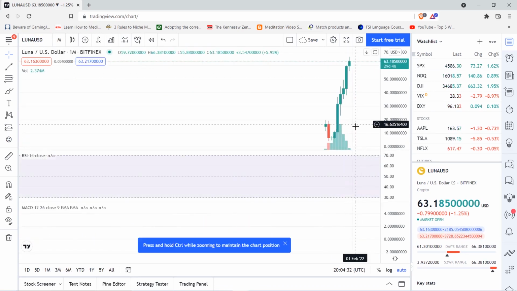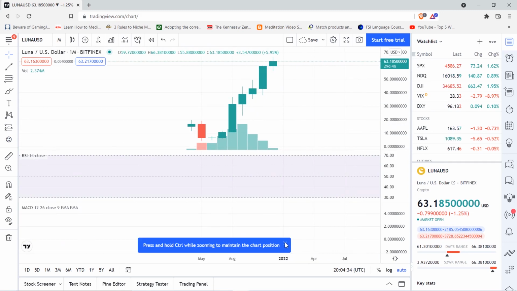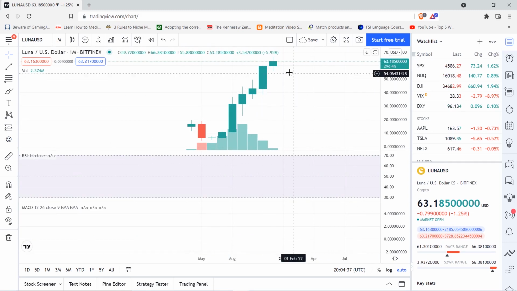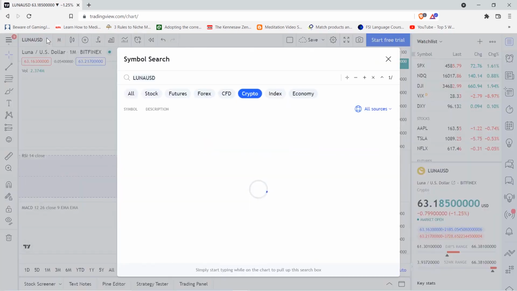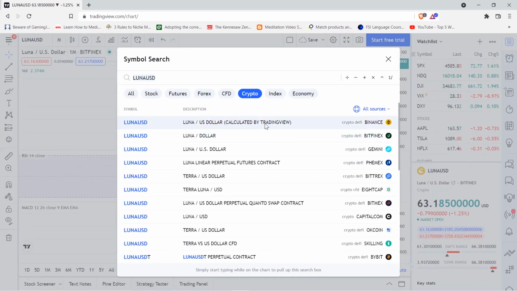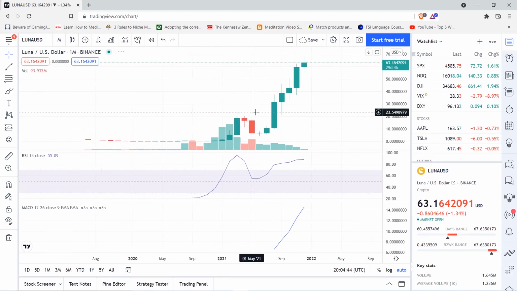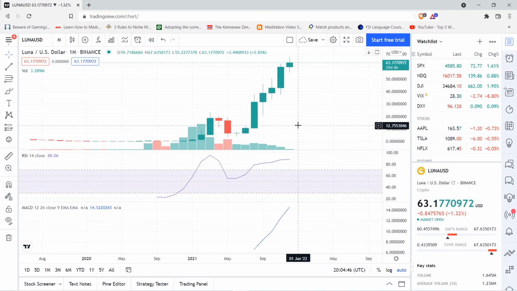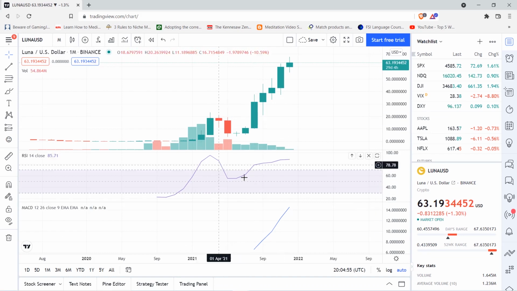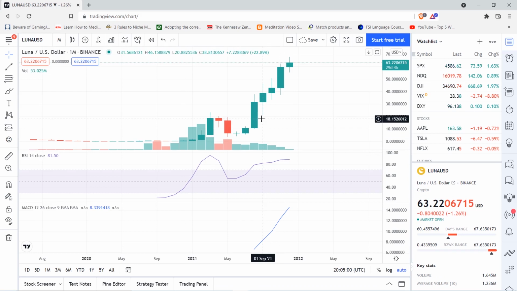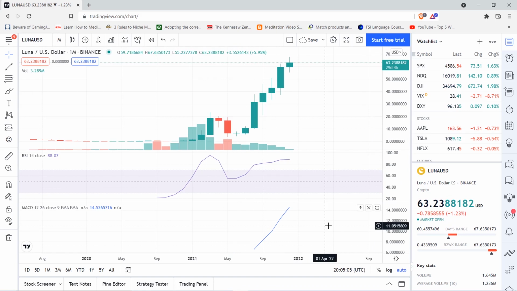So if you want to know what it'll be next month, this is what you can do. Let me see if I can get it on BINANCE. Yeah, BINANCE has more history than what I was on before. So based on this monthly chart, this is a month, this is another month, probably the price will go up, based on the monthly RSI. There's barely 14 because it's such a young company, such a young blockchain. They don't really have the information for these two to be really relevant.